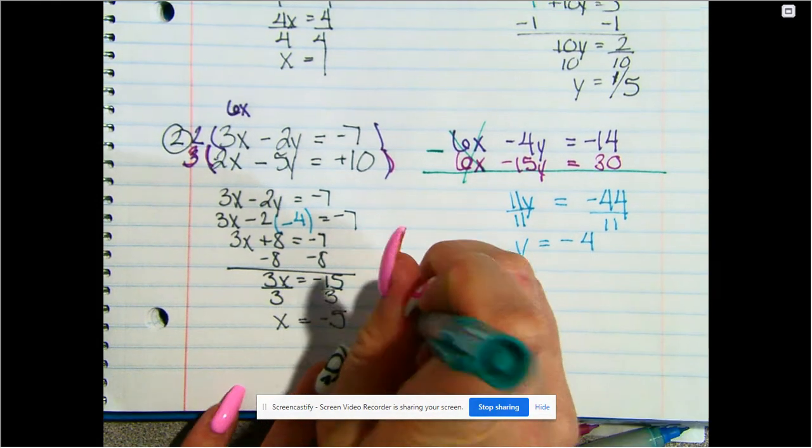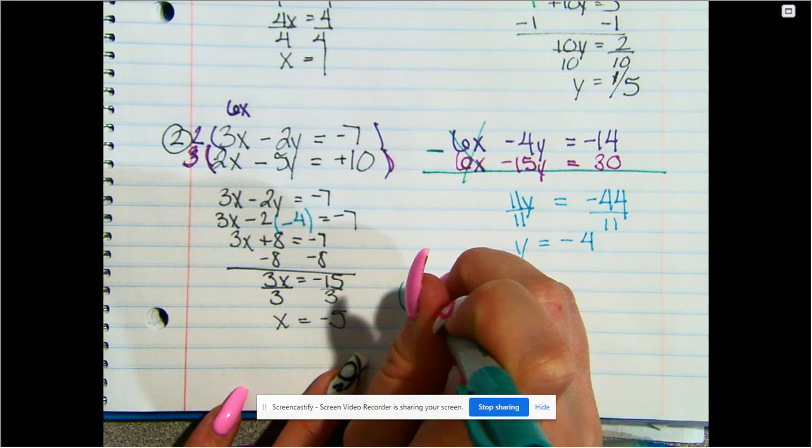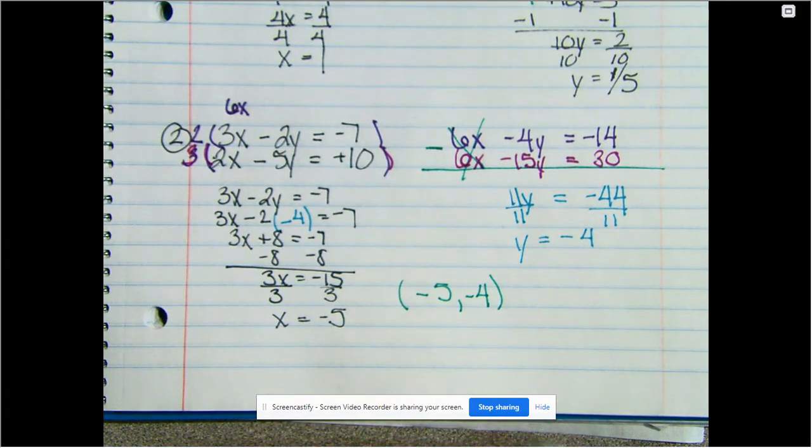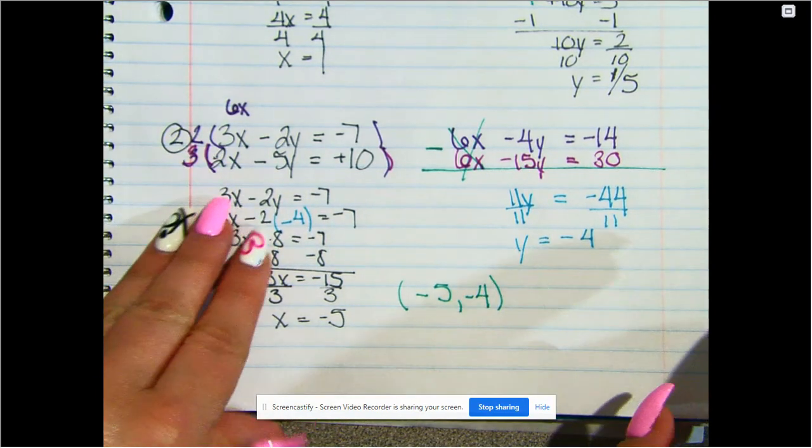And my answer is negative 5, negative 4. Okay, let's go ahead and do one more just in case you need it. Okay, and then last one that we are going to do is